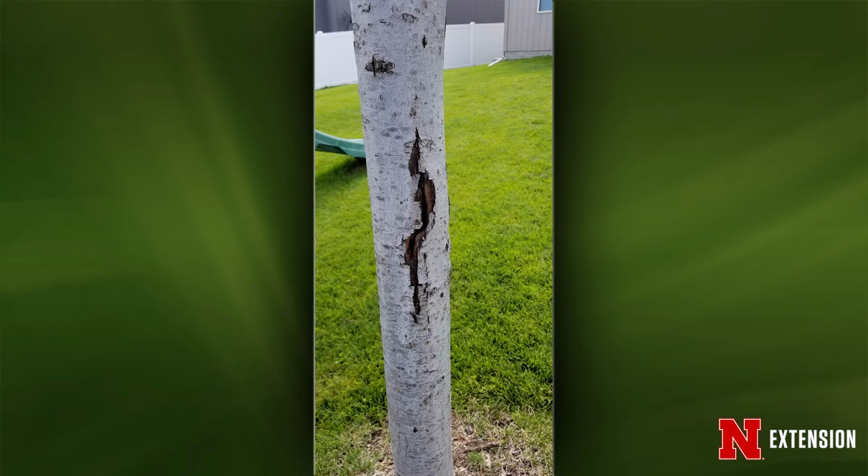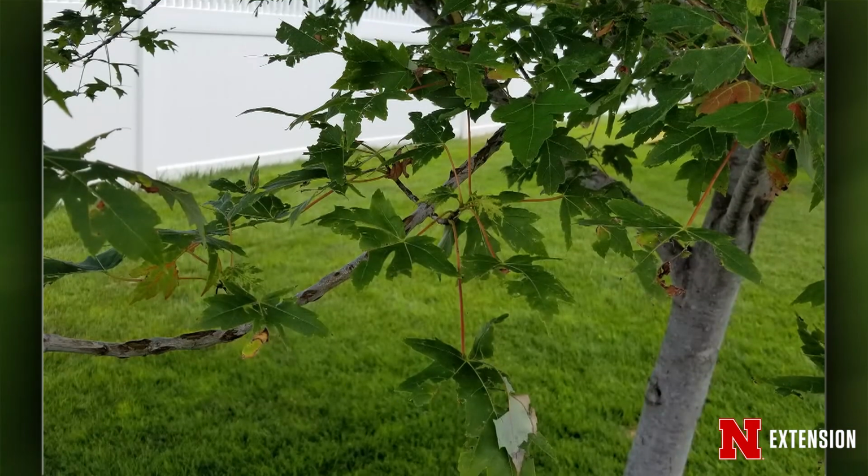Yeah, Japanese beetles wouldn't cause this kind of damage. They don't cause bark splitting. So maples are really prone to this type of bark damage because they tend to be rather thin barked when they're young. And so this could be bark that has died in the winter when that side of the tree got warm, and then as temperatures dropped at night, water crystallized between the cells